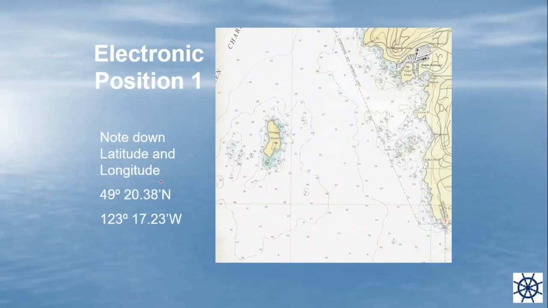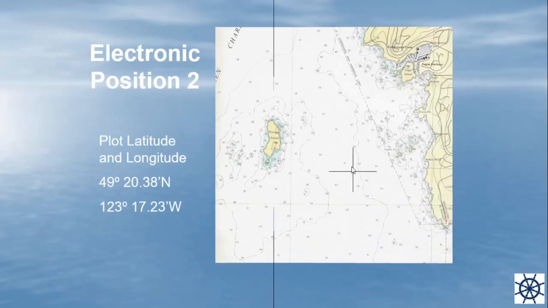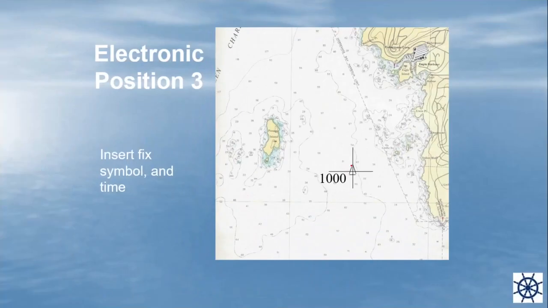Now, note down the latitude. This is the given fixed position from our GPS. Just simply read the latitude scale and longitude scale, and of course you have to fix the position. Now you have to insert the fix symbol and time, and that's all, gentlemen, for the 3 fixes